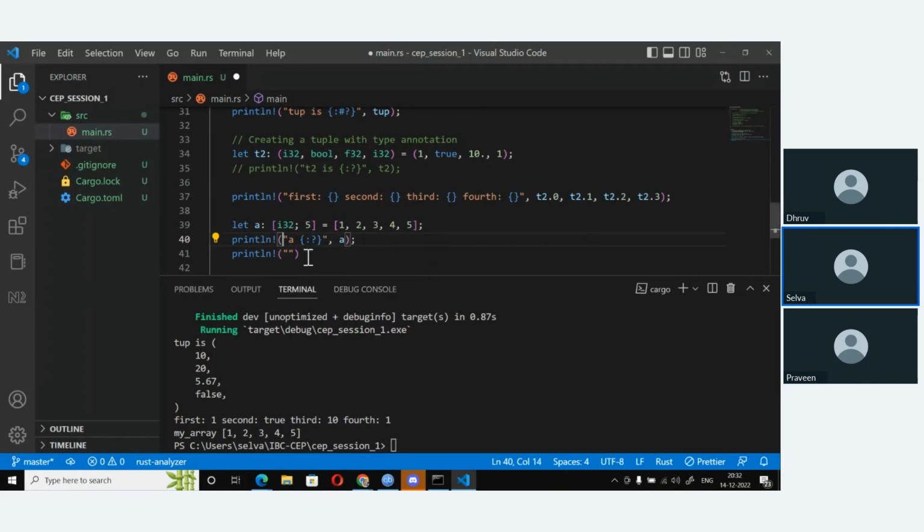Now here we use the indexing syntax. A0, okay, A1, okay, and A0.